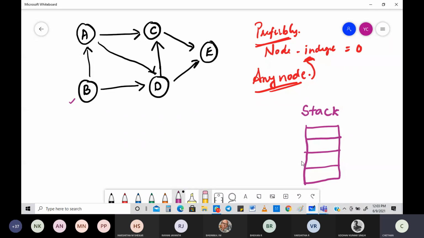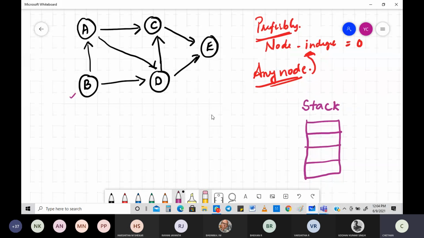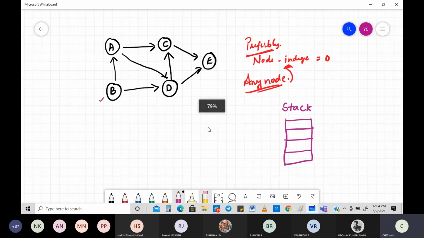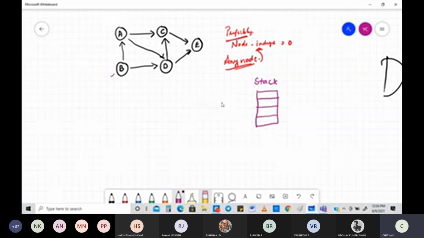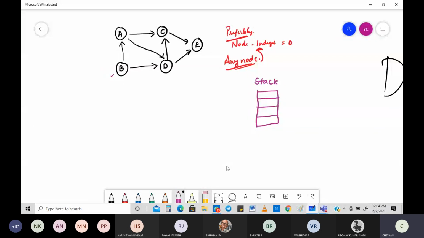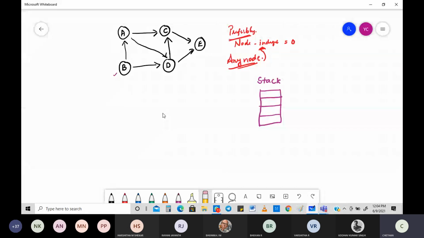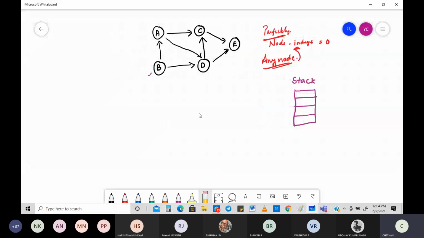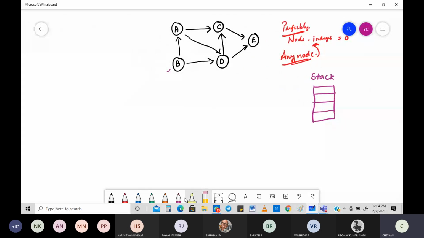Just try to zoom out. Please make sure that you're using the option of zoom, using your own fingers, if you can't see, because I want to have a bigger screen aspect of it. See, this is what I have. I have a stack now. And what are the elements that are there? There are 5 elements. So I'll keep these 5 stack elements intact, initially empty.